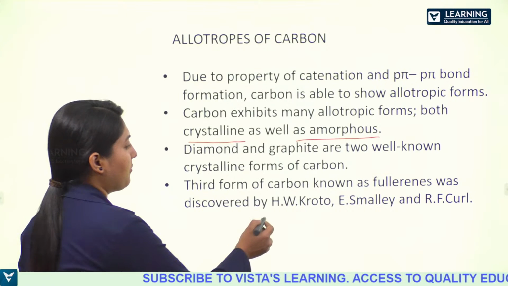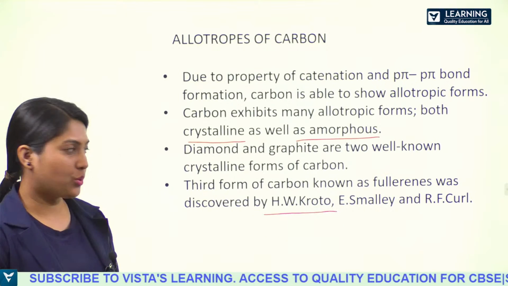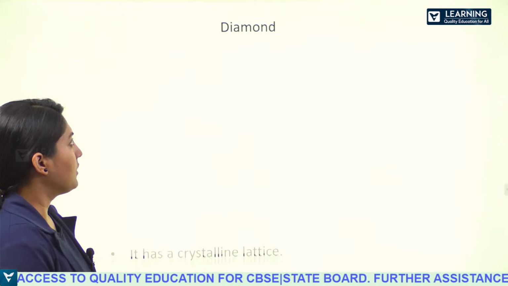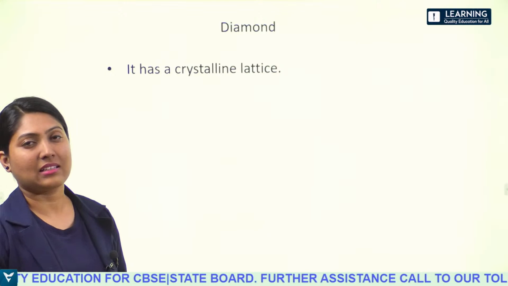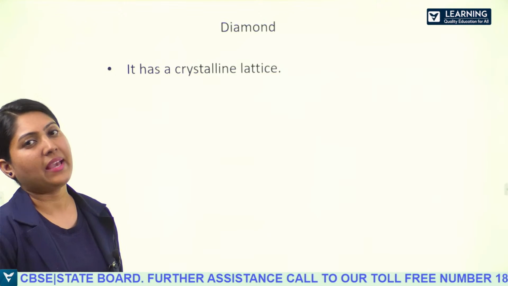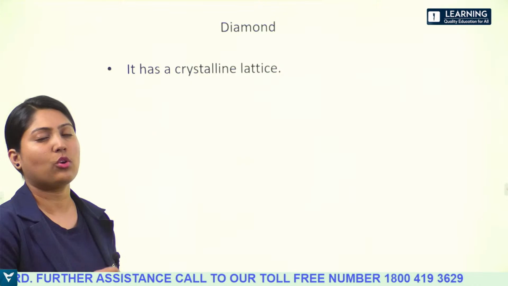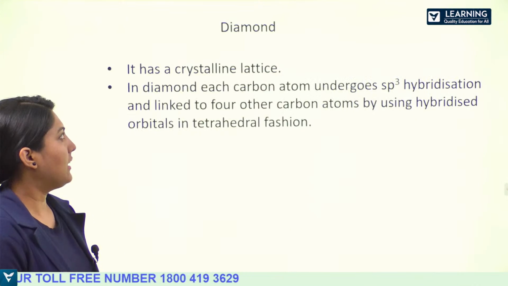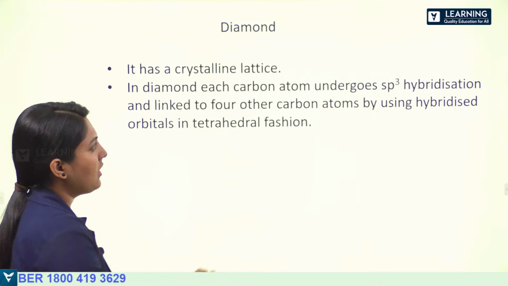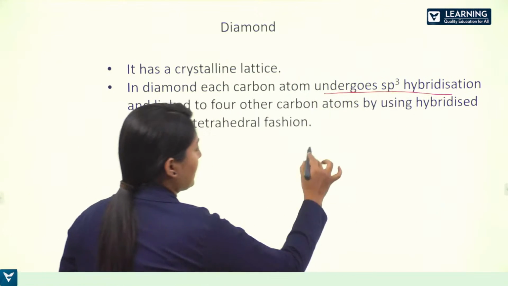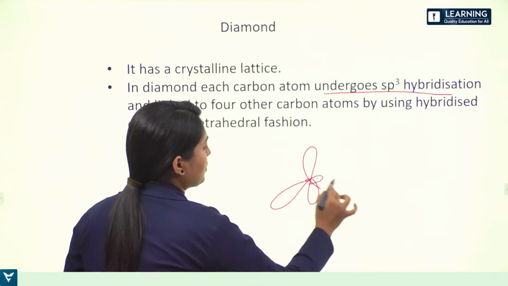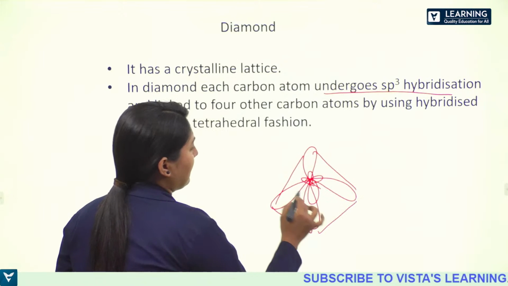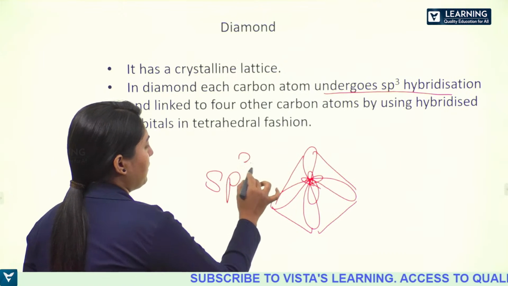It was discovered by H.W. Kroto, Smalley, and Curl. So diamond is a crystalline solid, and it will have a lattice. Lattice means the arrangement of atoms, and here it has a crystalline lattice. In diamond, each carbon undergoes sp3 hybridization. So we know that sp3 hybridization of carbon gives a tetrahedral structure, where